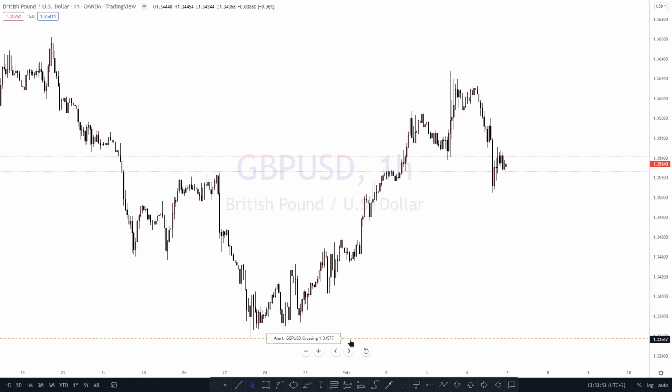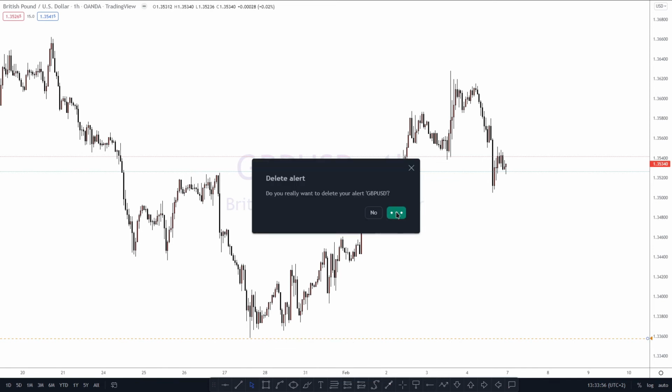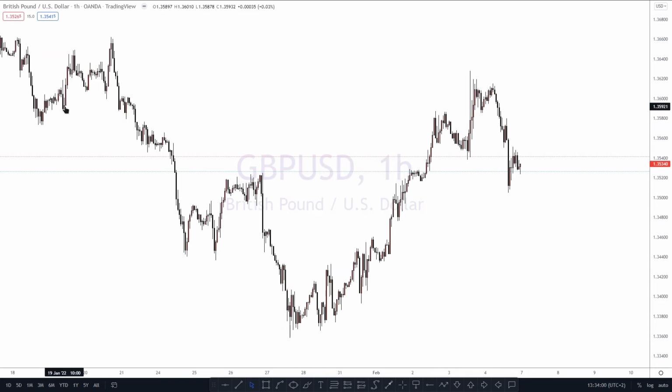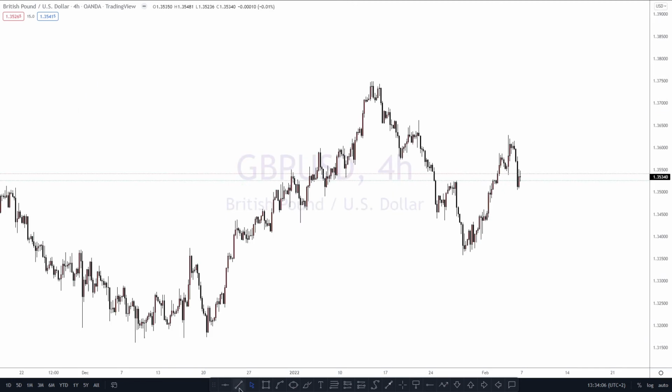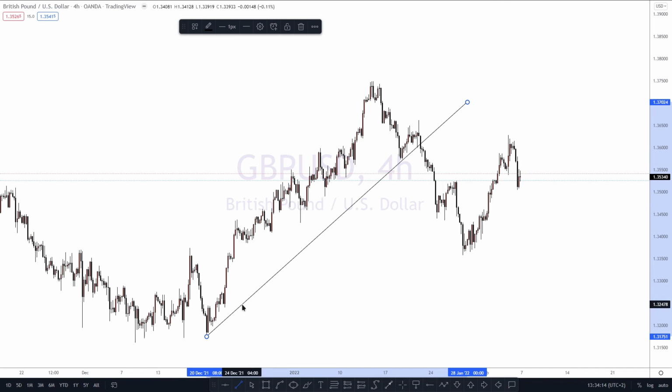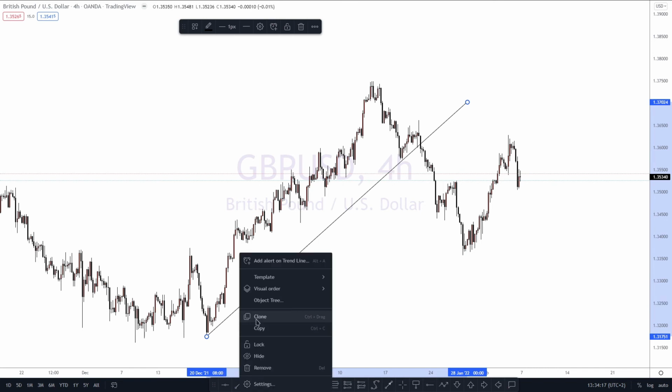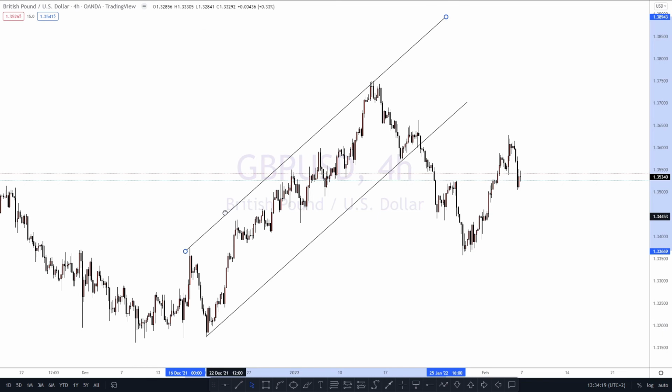Then we have GBP USD. For GBP USD, since we're anticipating that the dollar index is going to go up, we anticipate that GBP USD is just going to jump. So as I said again last week, GBP USD was just going up, which is this. It went up nicely, gave clear buy opportunities, a 100 pip move to the upside, and we were also lucky enough to take advantage of the situation.